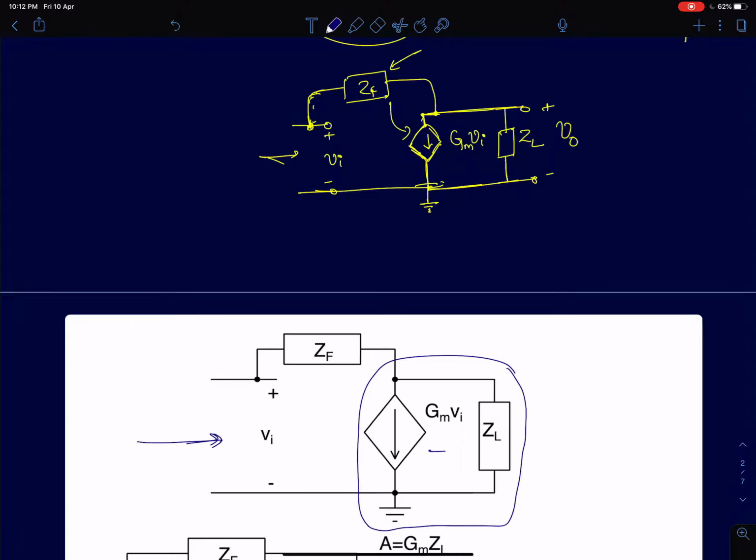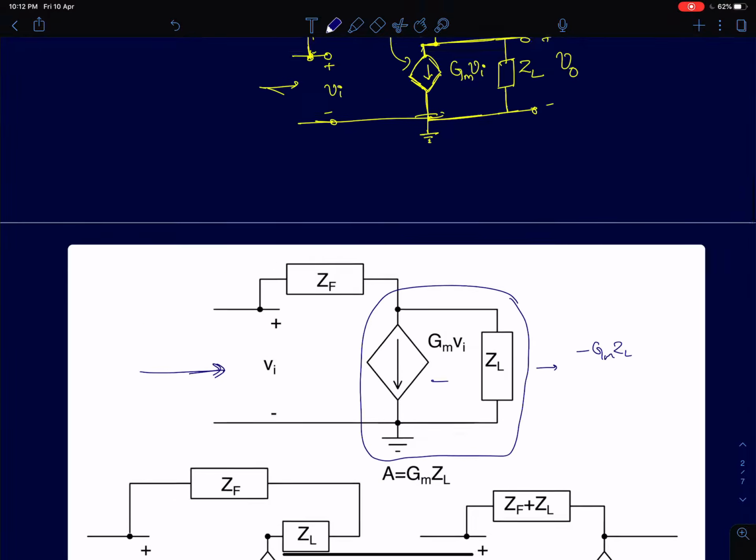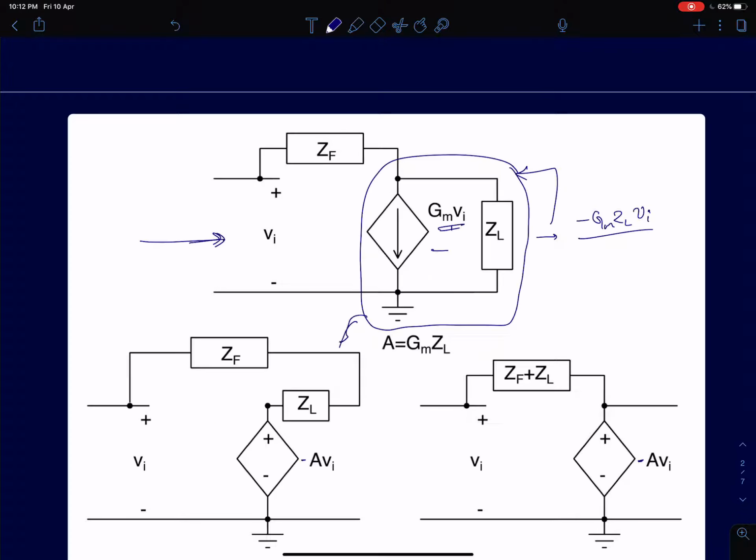You can simply find the open circuit voltage, and that will be equal to minus Gm times ZL into Vi. That will be the open circuit voltage. And the impedance seen at this node is found by making sure this current goes to 0, and that is simply equal to ZL itself. So I've drawn the Thevenin equivalent for this and shown it here. This is the Thevenin representation between these two nodes. The current source and resistor in parallel is shown as a dependent voltage source and impedance in